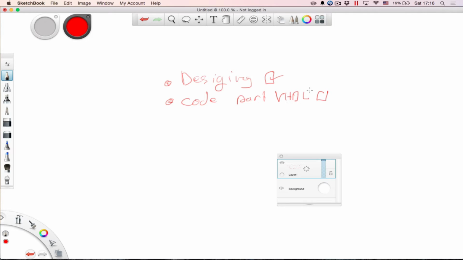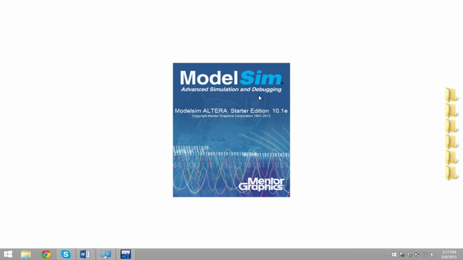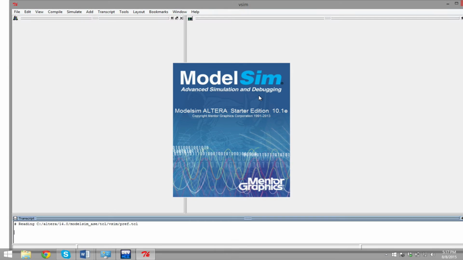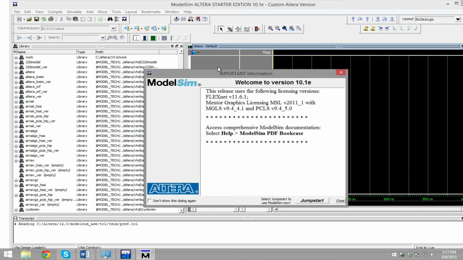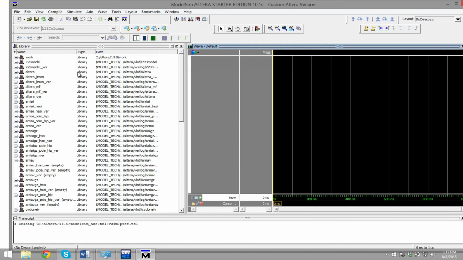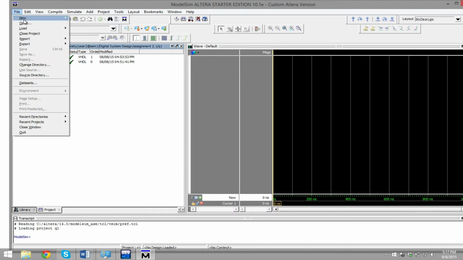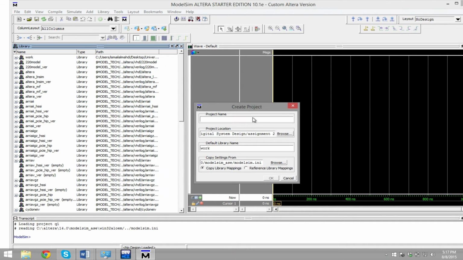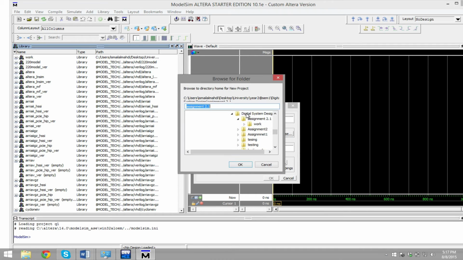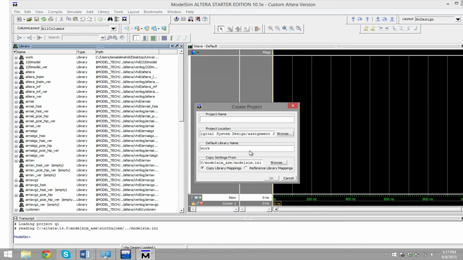Okay, I'm just gonna do it quickly. It's quite simple to do. First, go ahead and open ModelSim. Alright, I'm gonna have a new project. Create new project. Yes, I'm gonna save it here. I'm gonna name it